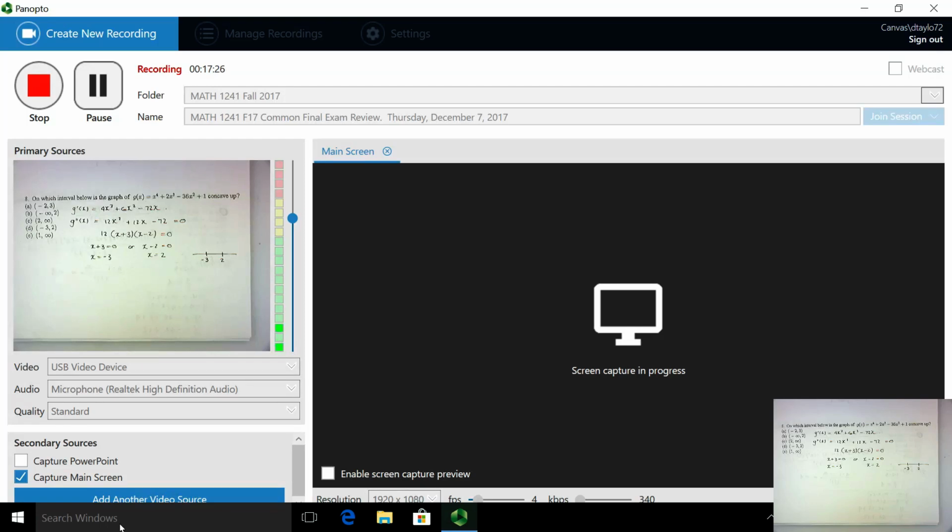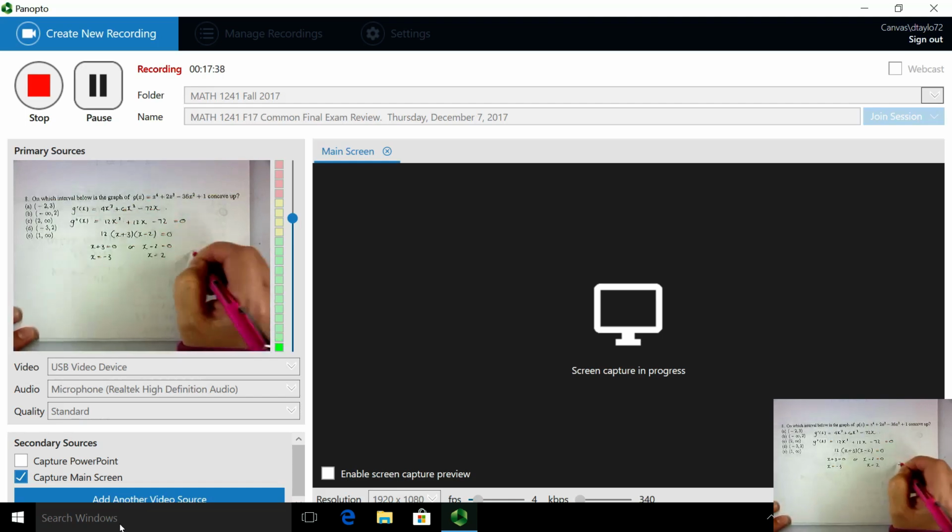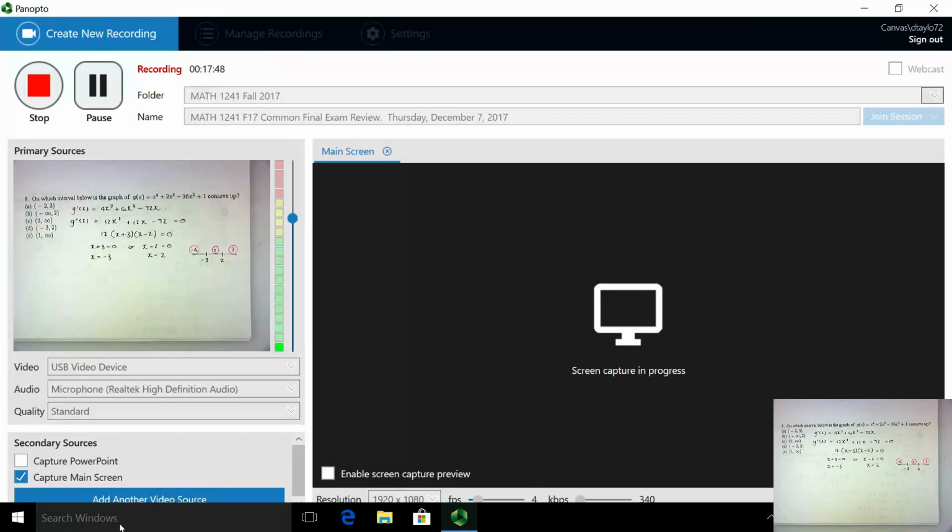So I would like to test a value from each one of these intervals that I'm going to plug back into the second derivative, just to see: does it make the second derivative positive or negative? On this interval I will use negative 4 as a test value, I will use 0 as a test value on this interval, and I will choose 3 as a test value on this last interval. So if I plug those into the second derivative, f double prime of negative 4